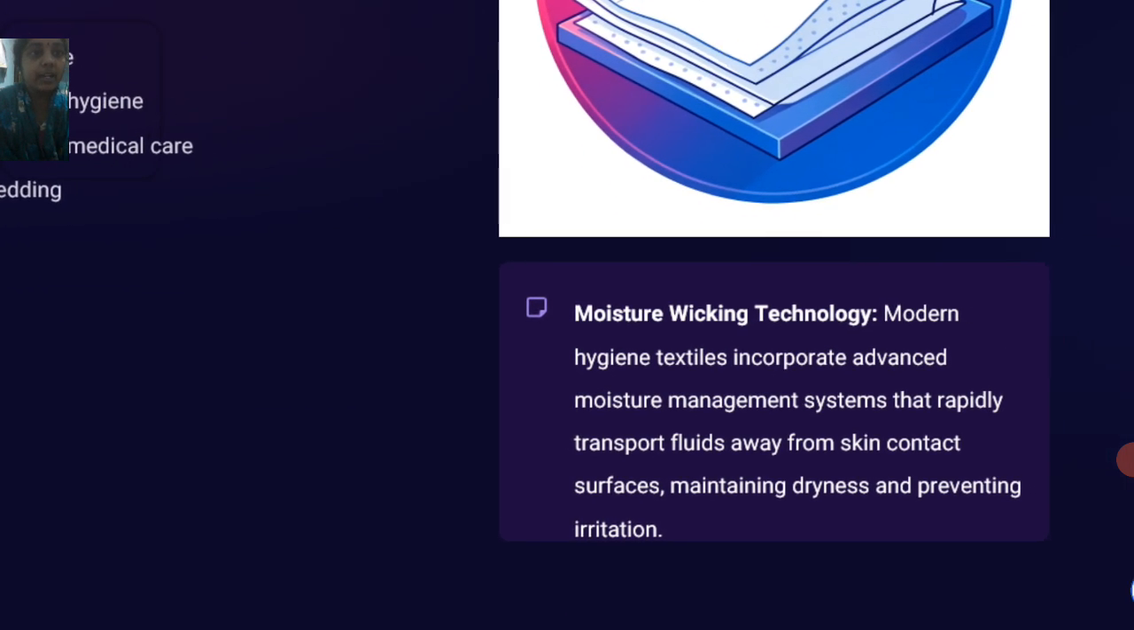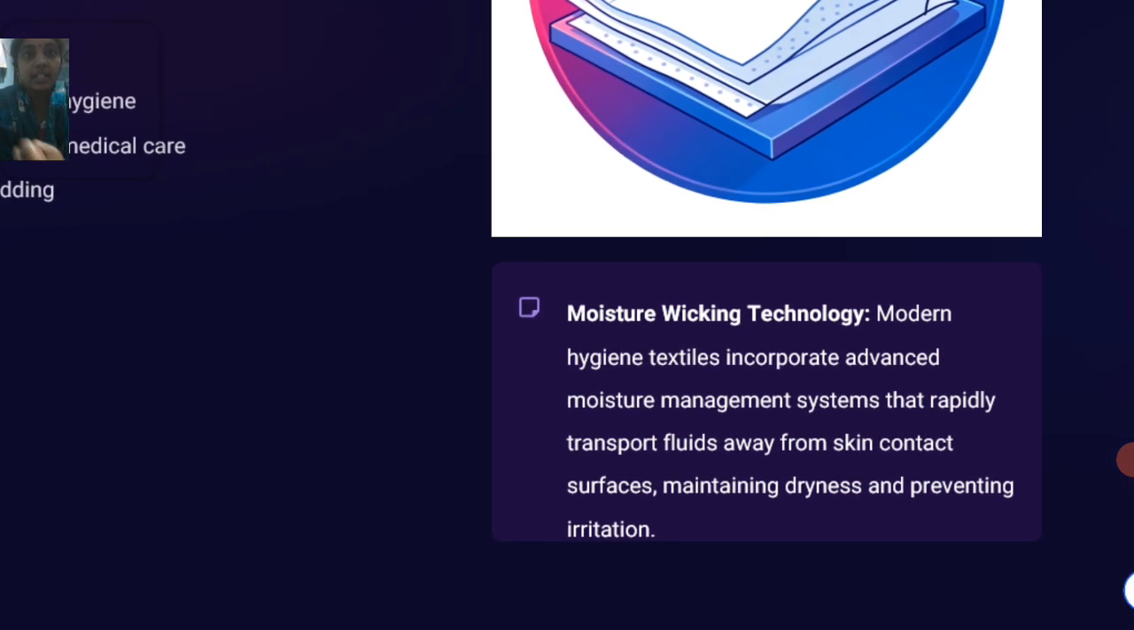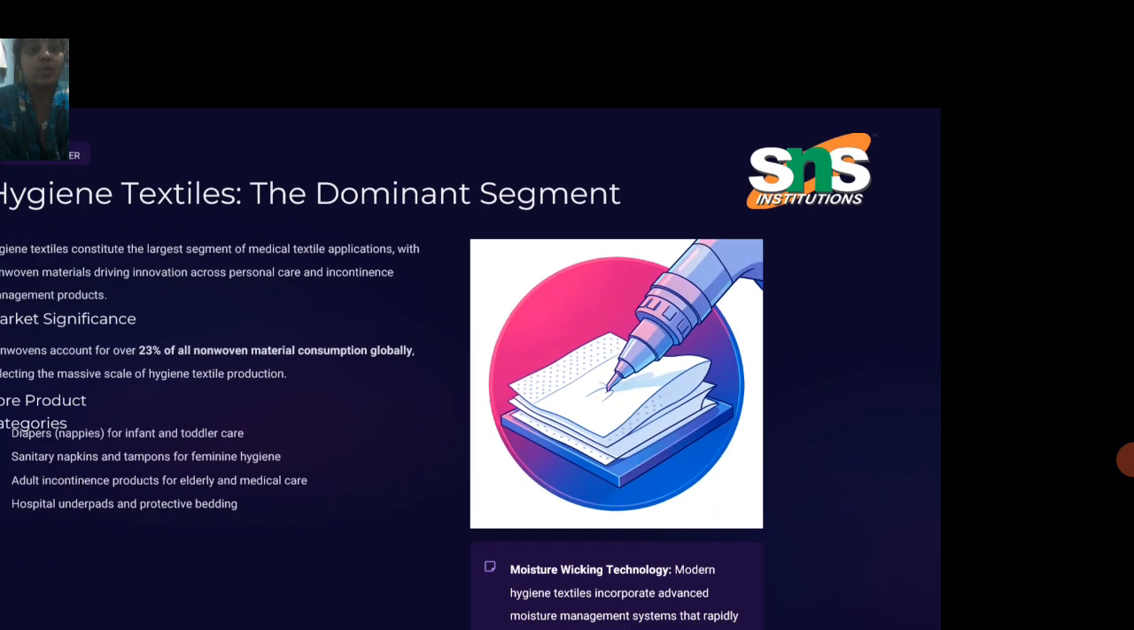The moisture wicking technology, that is the absorbing capacity, is called moisture wicking. The modern hygiene textiles incorporate advanced moisture management systems that rapidly transport the fluid away from the skin contact surface, maintaining dryness and preventing irritation. So, the main concept is the absorbing concept. The next one is